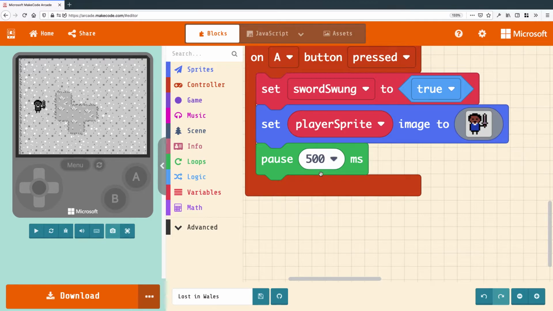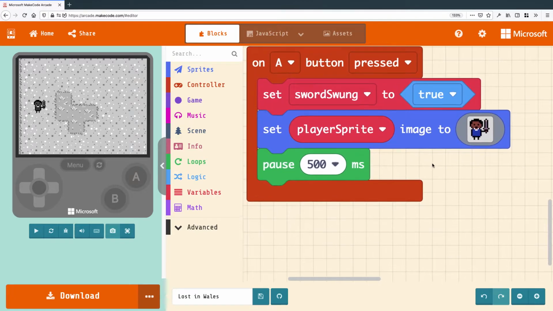I think that might be a good time to swing a sword in, so I'm going to put half a second. If you wanted to change your game up, you could put in any amount of time you like. If you had, for example, a really heavy weapon like an axe or a hammer, you could put in a longer amount of time. So that if you had a smaller weapon like a dagger, that could have a shorter amount of time, and it adds a little bit of flavour and variety to the game. But I'm going to pause for half a second, and then I need to undo everything I've done